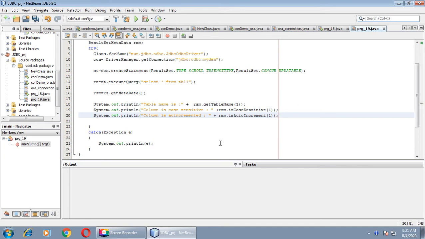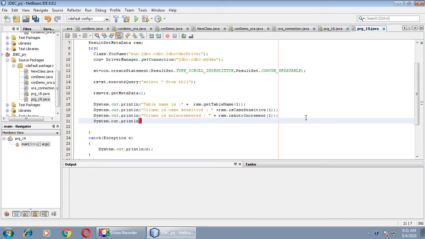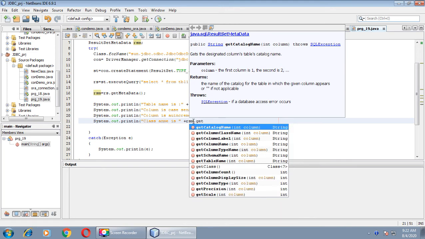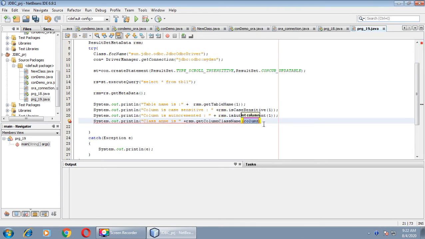Then one more method, the column class name. We'll call the method rsm.getColumnClassName. The index number is 1, here we are gathering all the information about the first column only.